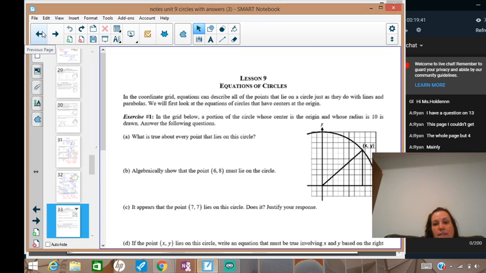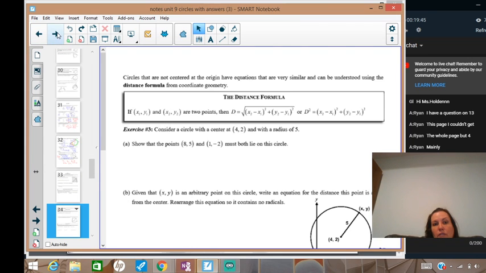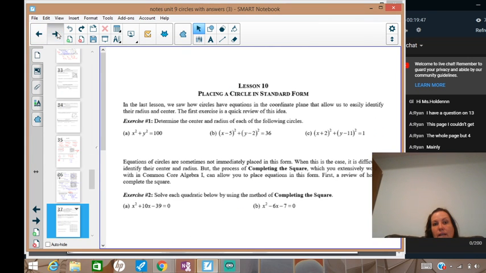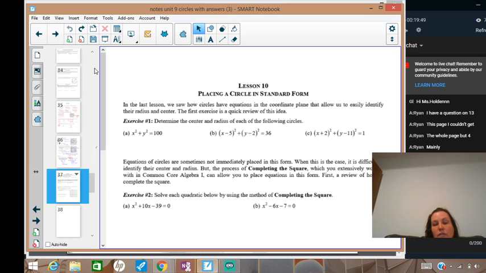This first lesson is just basic equations of circles, but in reality, the question that they ask you is right here, is you're going to have to complete the square in order to do that. All right, so I will remind you how to complete the square. So these lessons you are watching on